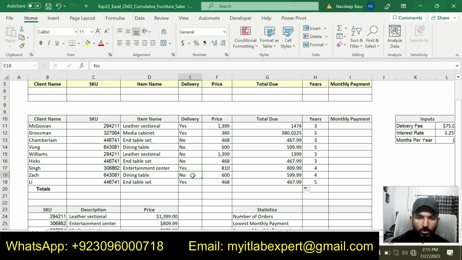This one is no, meaning there is no delivery charge, so the price will be the base price, that is 600. But let me look at this one. Lee is taking the delivery, meaning E is equal to yes, then 468 plus 75 will be this one.